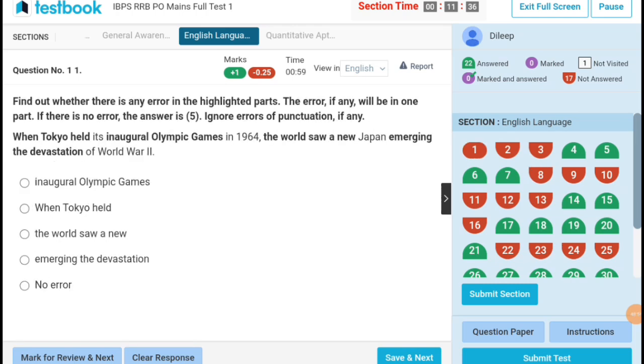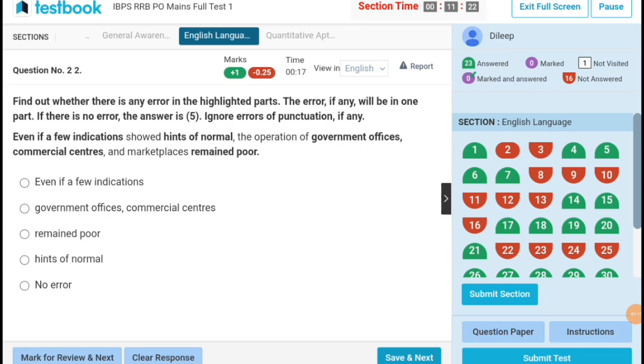When Tokyo held its inaugural Olympic Games, the world saw a new Japan emerging. The world, even if a few indications showed